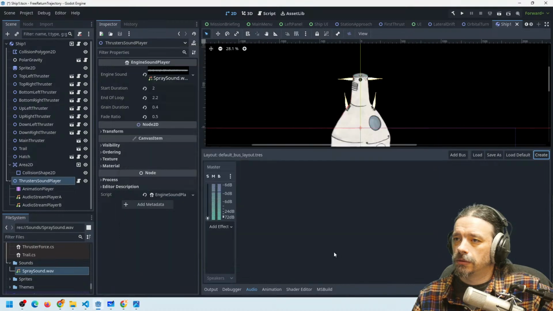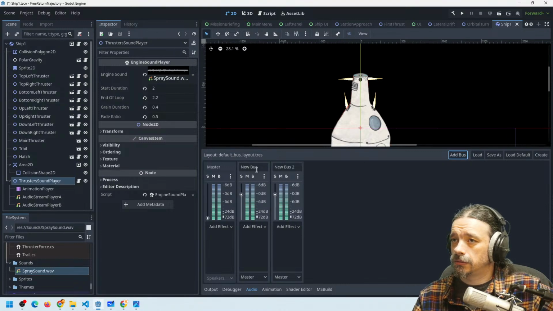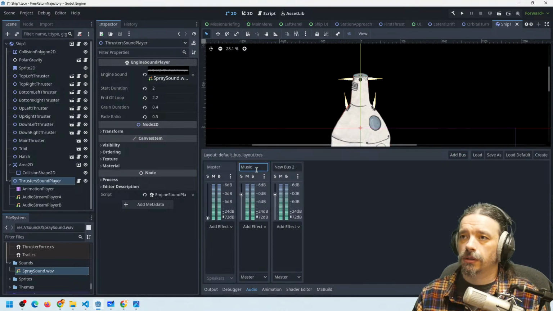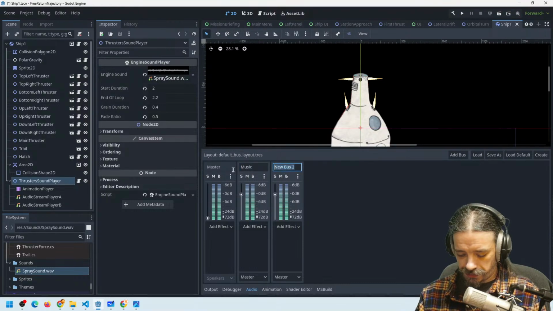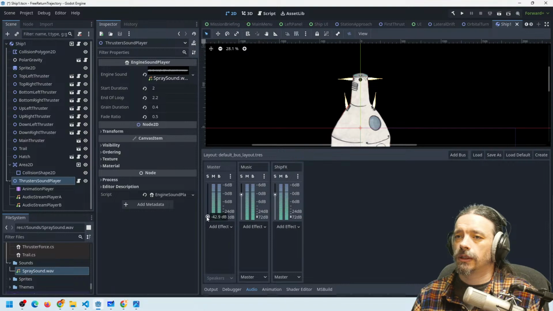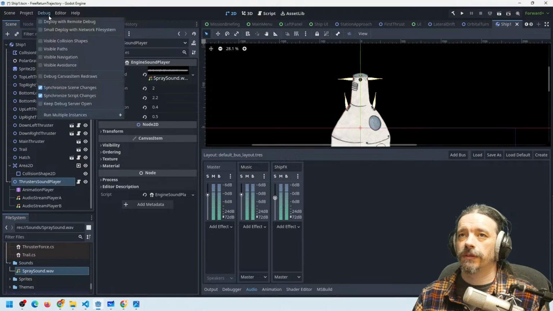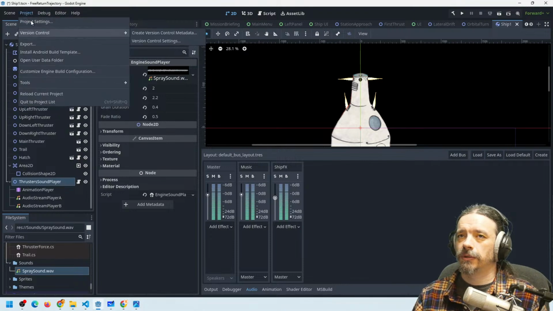Create bus, add a bus, add another bus. Yes, and music, effects, ship effects. Click. Oh, this doesn't go to 0. So the music stays as it is, and the effects goes minus infinite. Where is the music? Well, the music is, if I'm not mistaken,